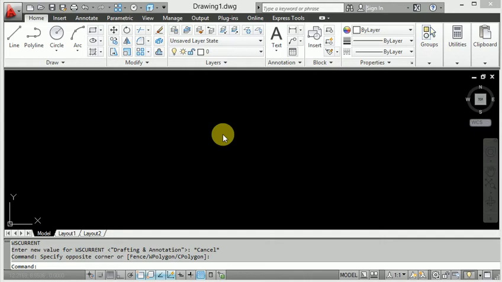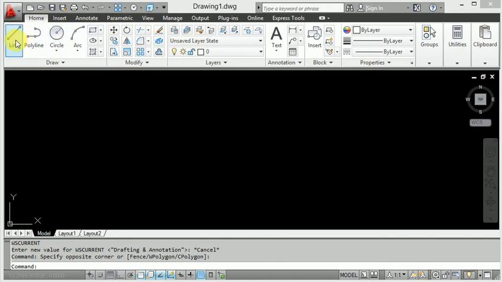So first of all, let's use the line command. For the line command, go directly to the home page and click Line here. See, this is the 2D drafting menu bar. Then this is Line.